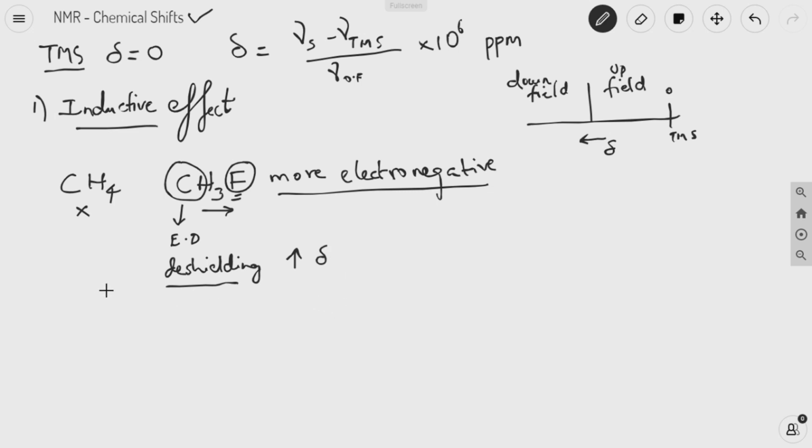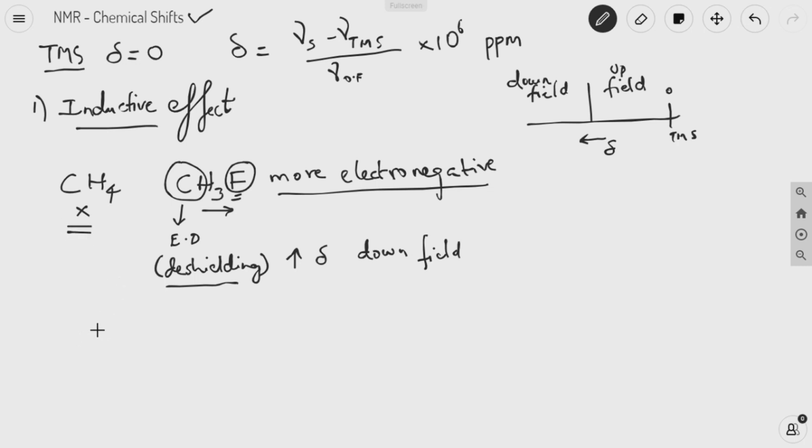I repeat once again. We know very well that fluorine is more electronegative, so it will start to pull electron towards itself. Hence the electron density of the molecule will be more concentrated on the fluorine, and the rest of the molecule will have decreased electron density. We call this de-shielding. Whenever de-shielding takes place, the del value is higher, or in other words those protons show up in the downfield area, with a higher del value.